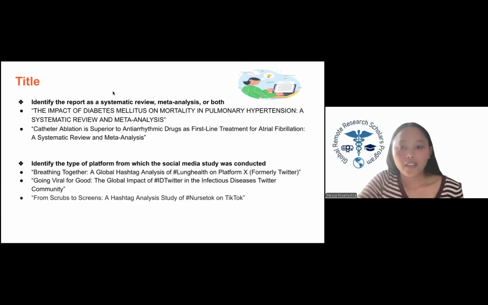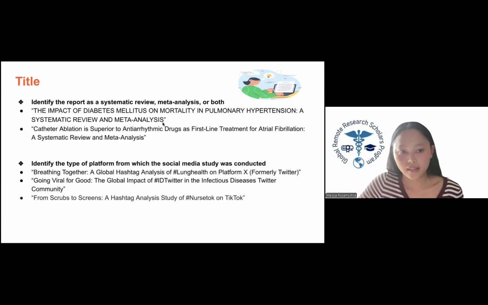The very first thing that people look at in the abstract is the title. So the title of the systematic review, especially when you're doing a systematic review with meta-analysis, should identify the report of the study, whether it was a systematic review alone or with meta-analysis. So for example, in this case, we have the impact of diabetes mellitus on mortality in pulmonary hypertension, systematic review,